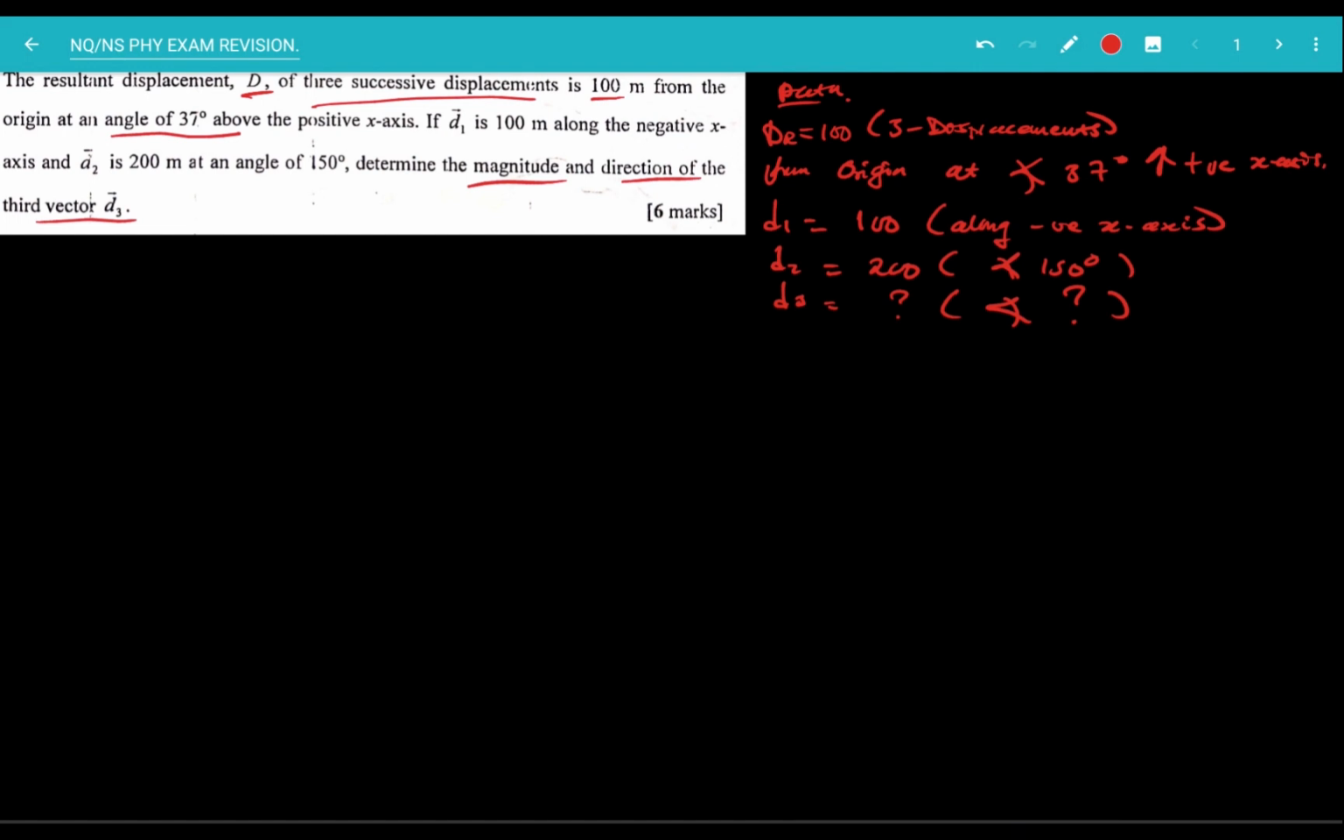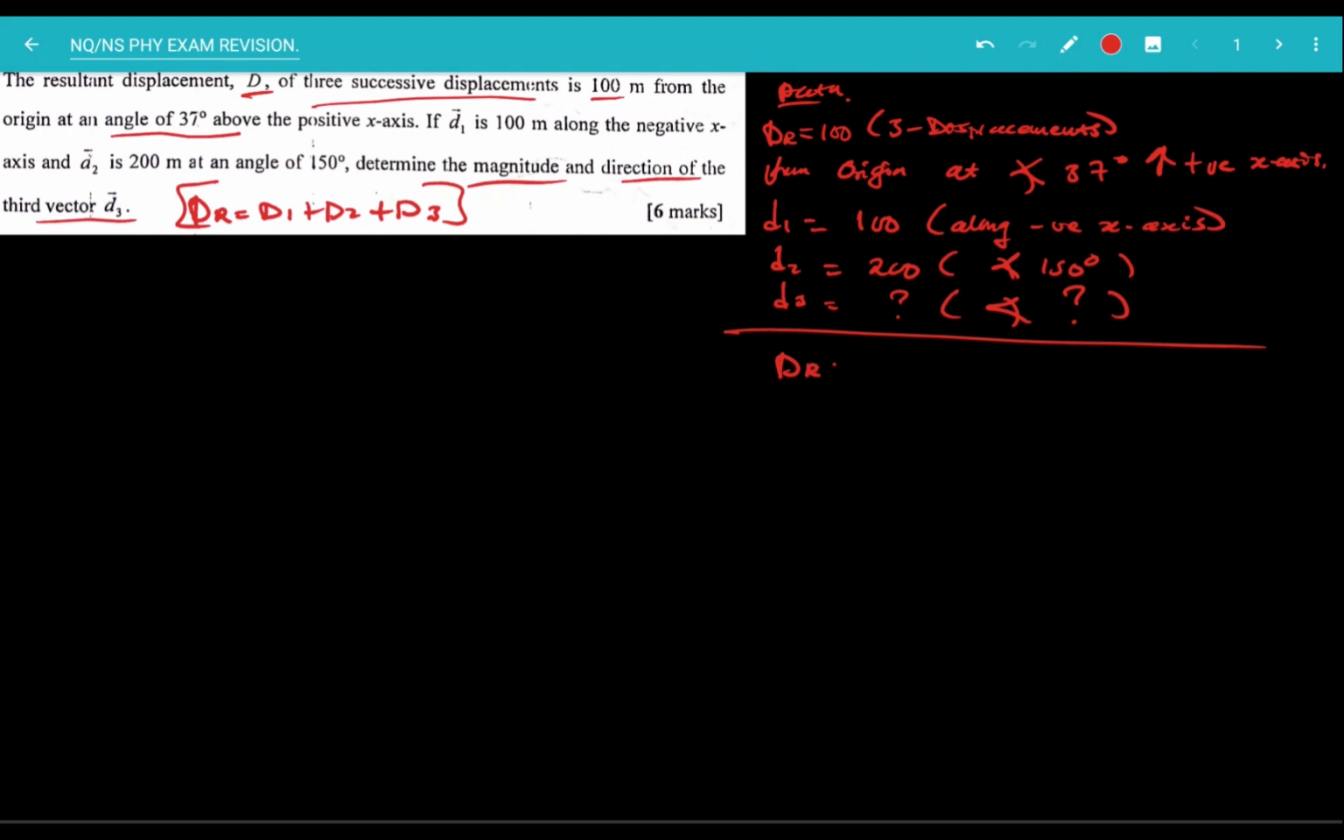In most cases, firstly, this is a vector analysis question. So we know that the resultant displacement, dr, is a result of d1 plus d2 plus d3. Now for us to find d3, we need to resolve all these vectors into their x and y components. So let's try and resolve them. Let's start with